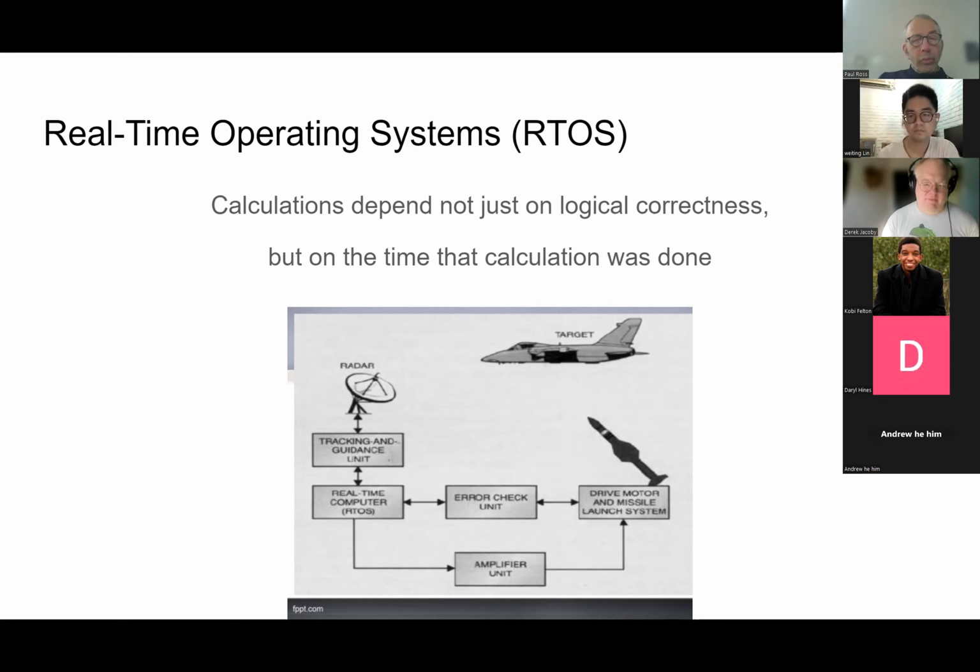This was like a whole different way of thinking for me. I think it's really, really cool, but again, you really gotta think about what the computer is experiencing. So a real-time operating system is